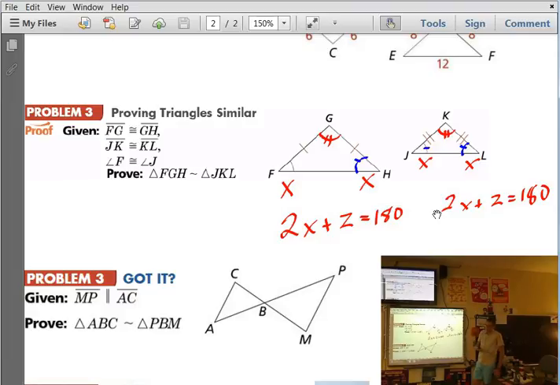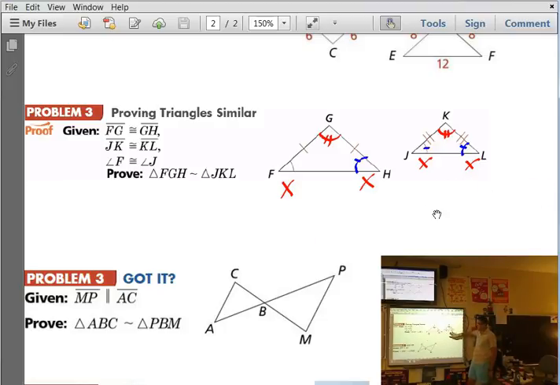So yes, what you're saying is perfectly fine, but it all relates back to the triangle angle sum theorem. You could literally write a theorem and call it the remaining angles theorem and use that. And you could just say G is congruent to K because of the remaining angles theorem. And as long as your theorem was generally accepted, you could use it. So, yes, by RAT, we see that these angles are congruent. And then,